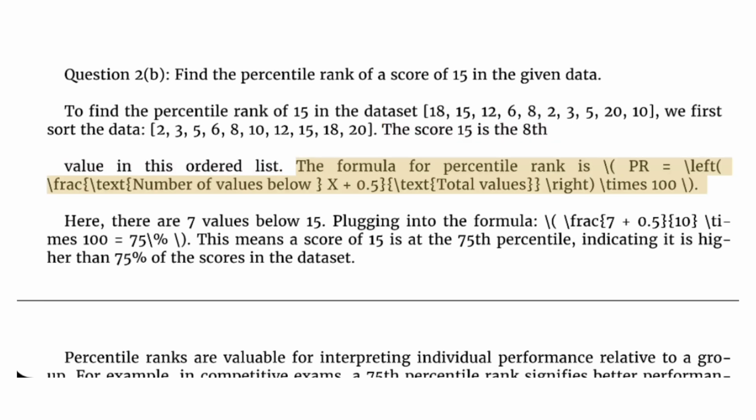The formula for percentile rank is PR = ((number of values below x + 0.5) / total values) × 100. Here, there are 7 values below 15. Plugging into the formula, (7 + 0.5) / 10 × 100 equals 75%. This means a score of 15 is at the 75th percentile, indicating it is higher than 75% of the scores